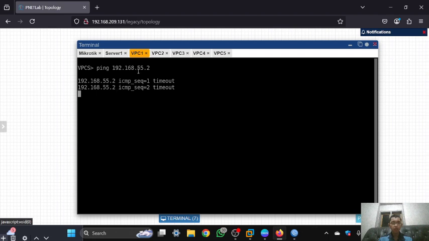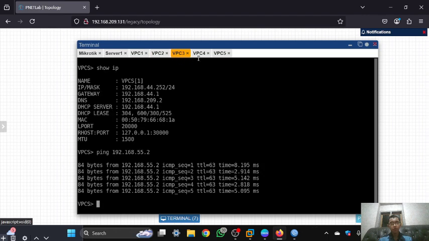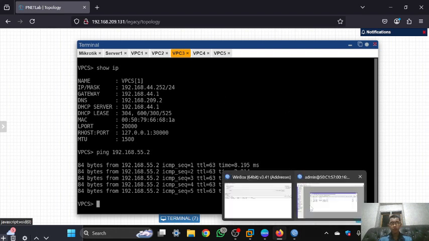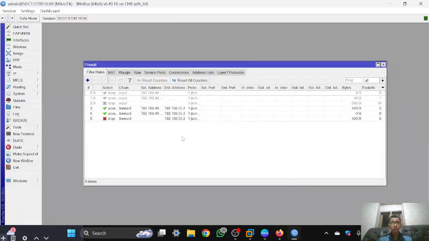As you can see, VPC1 cannot ping the server, so VPC3 and VPC4 can ping the server, but VPC1, 2 and 5 cannot ping the server, so the rules are successful.